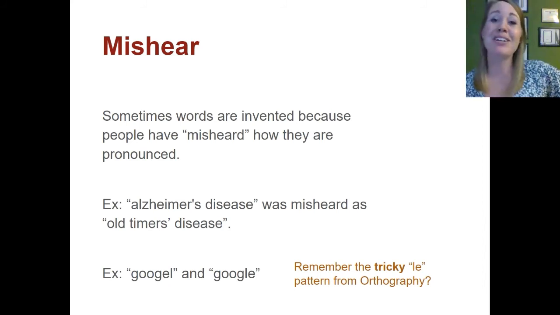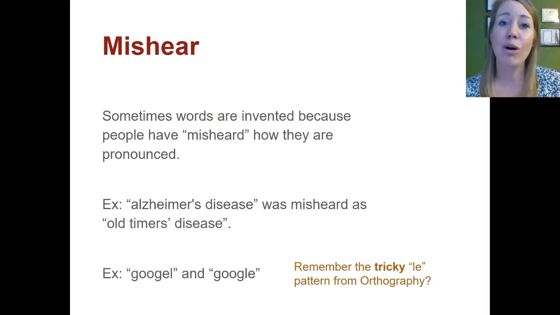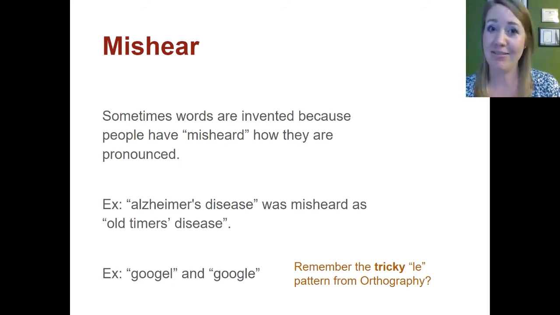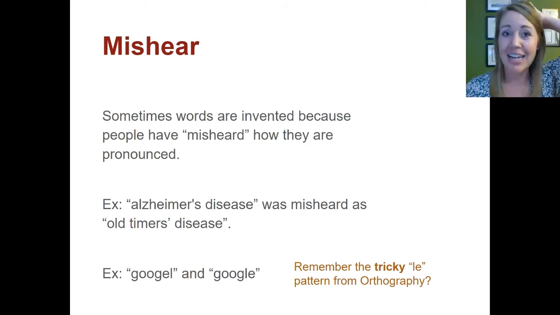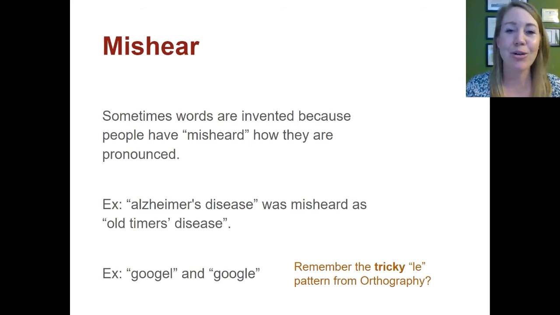Another great example is Google. Okay, so here's how this works. The word Google, not the way you type it online, is actually a math term, and it means something like an infinite number of results. So there was a woman who actually invented the concept years ago, and she had her 8-year-old grandson,